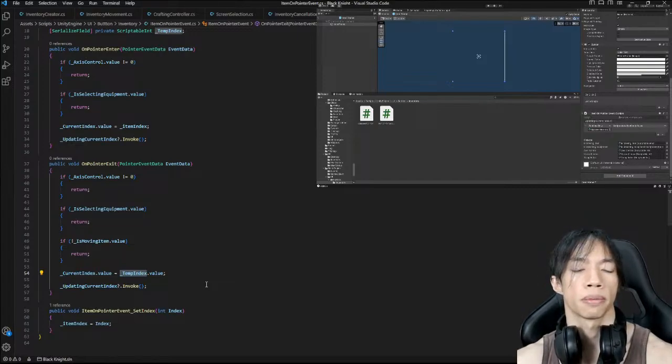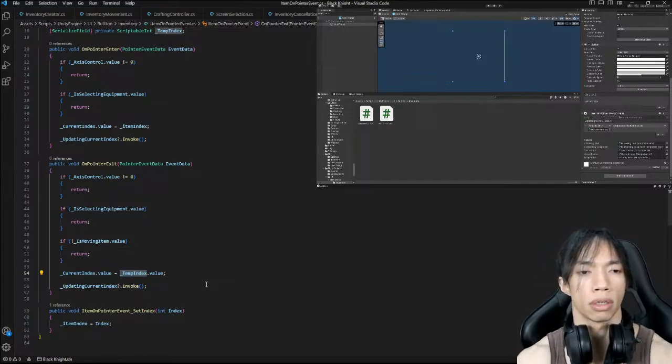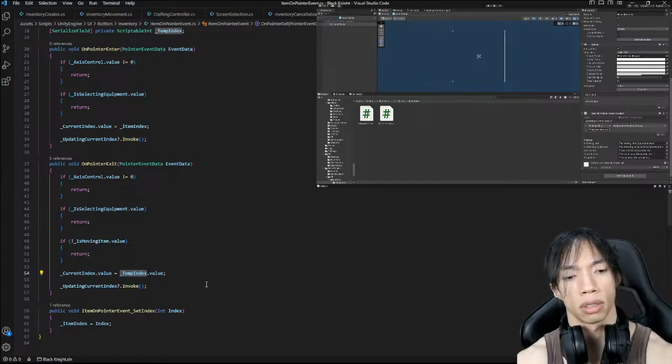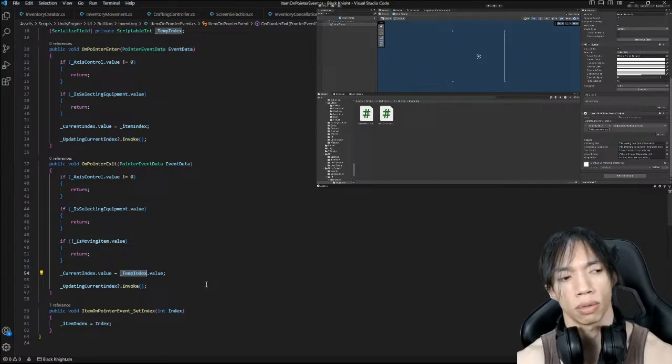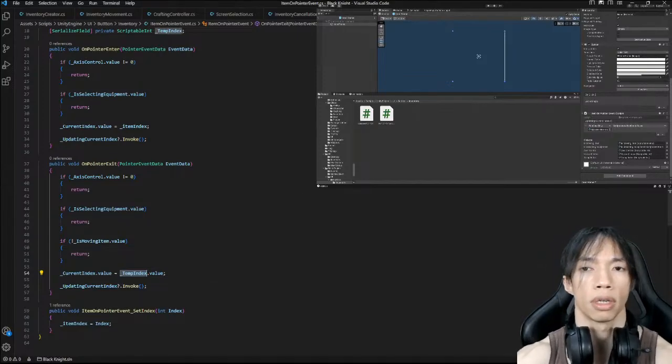Okay, and it's gonna update. Okay, on pointer exit, that file current index equal to current index. But if I click it, okay, let's see if I click